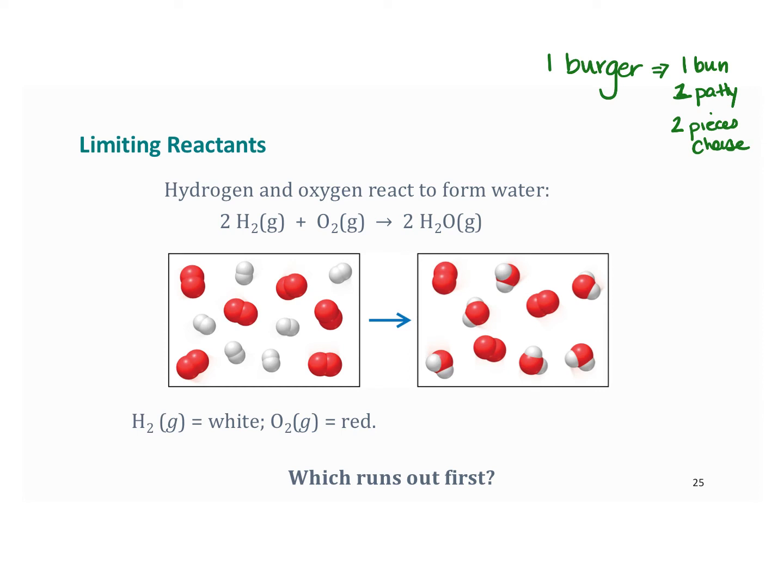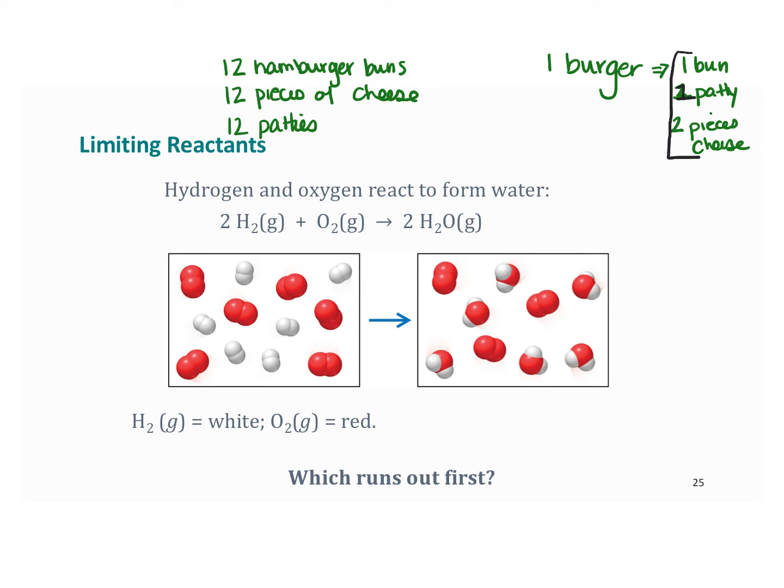And when you go to your cabinet or your kitchen, and you say, okay, I have 12 hamburger buns, I have 12 pieces of cheese, and I have 12 patties. Okay? According to this recipe here, where you need 1 bun, 1 patty, and 2 pieces of cheese,